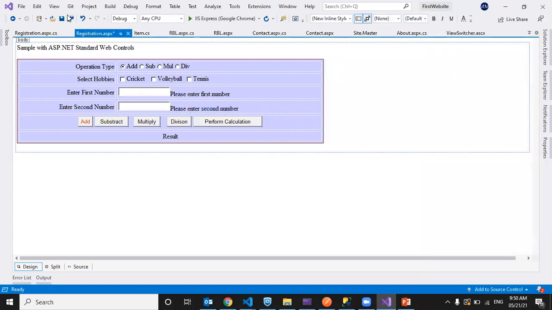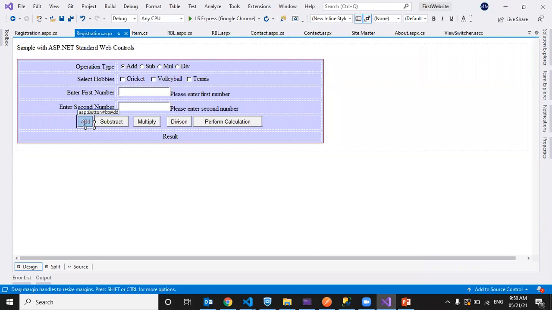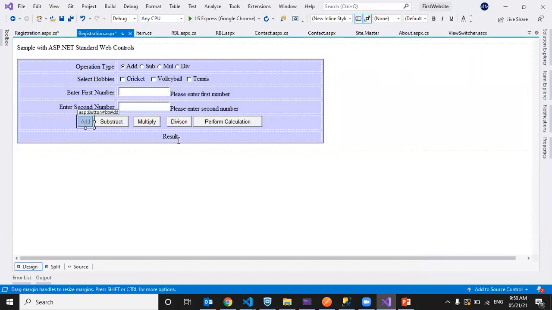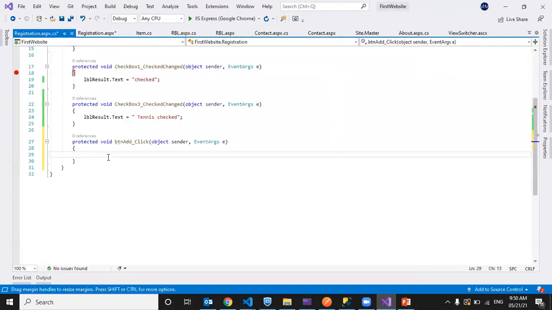Anything else required? On clicking add, do I have any label here? Yes, I have a label. lblResult.Text is set to: Add clicked.